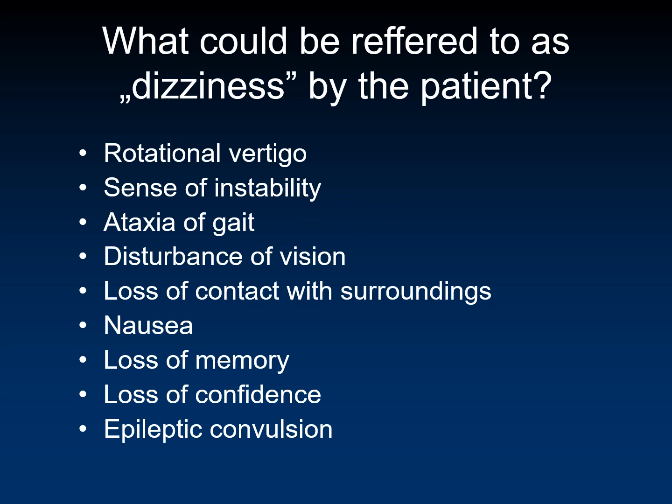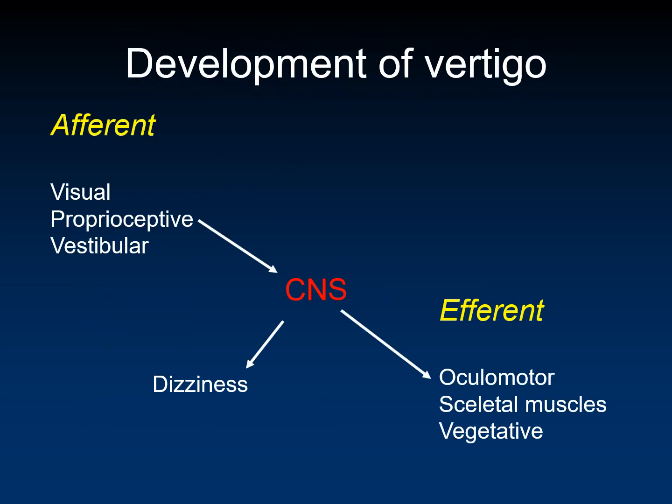What could be referred to as dizziness by the patient? Rotational vertigo, sense of instability, ataxia of gait, disturbance of vision, loss of contact with surrounding, nausea, loss of memory, loss of confidence, epileptic convulsion,